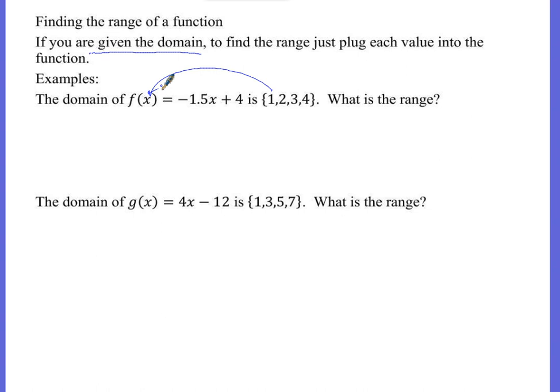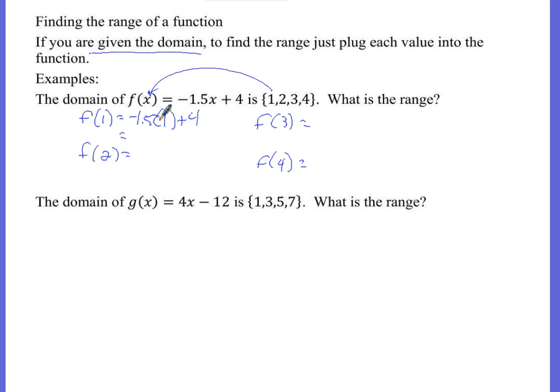So you're going to have to solve this problem how many times? 4 times, okay? Now that's why the function notation is so nice, because I'm going to be able to write f of 1 equals, f of 2 equals, f of 3 equals, f of 4 equals. The answers that I get are going to give me the range, so then I'll be able to write the answer. So we have f of 1 equals negative 1.5 times 1 plus 4, which is